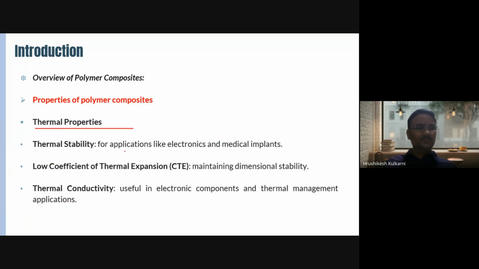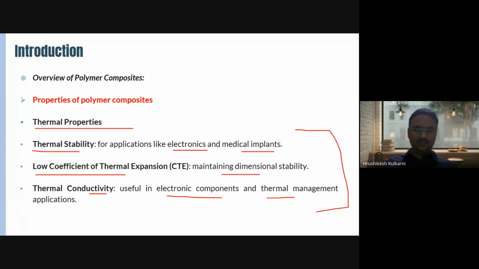If you focus on thermal properties, thermal stability is very important, which is used in electronics and medical implants. Low coefficient of thermal expansion to maintain dimensional stability. Thermal conductivity, which is focused on electronic components and thermal management applications. So if you focus on each property, again you will find different levels, but here I will have a